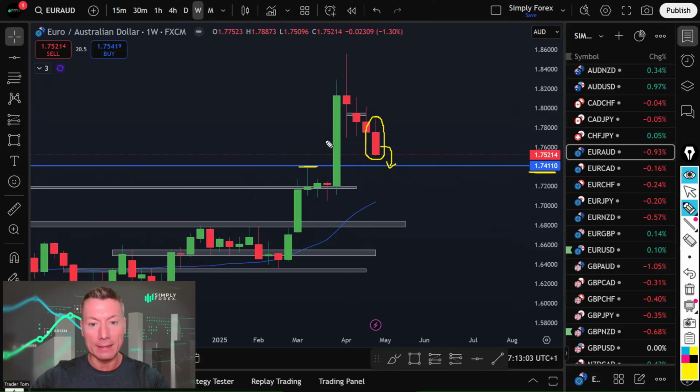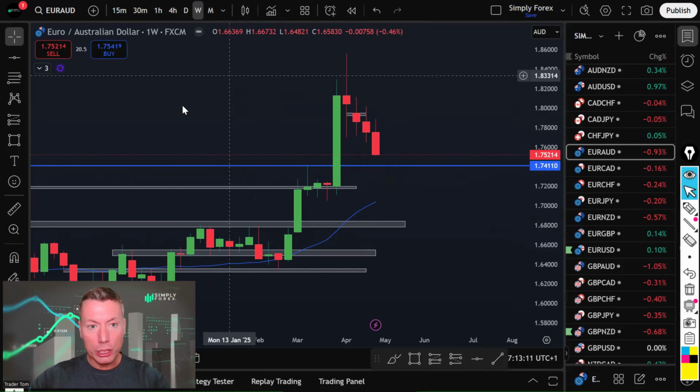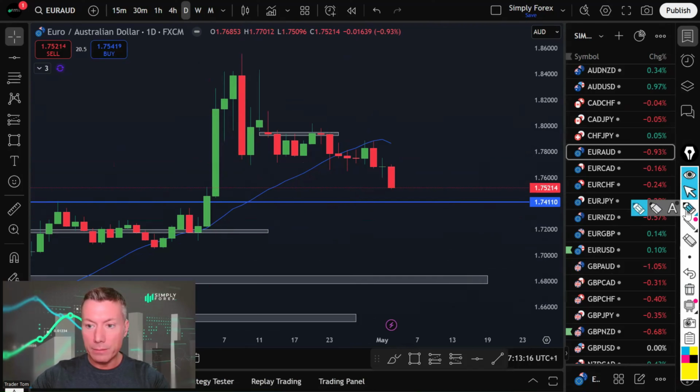But you get the idea, right? Just down to this piece of support. It could come lower, guys, right? We can leave some profit to run. And if you look at the day chart as well, guys, right? Yeah, it was this level through here. In fact, we can even put a grey zone in here.